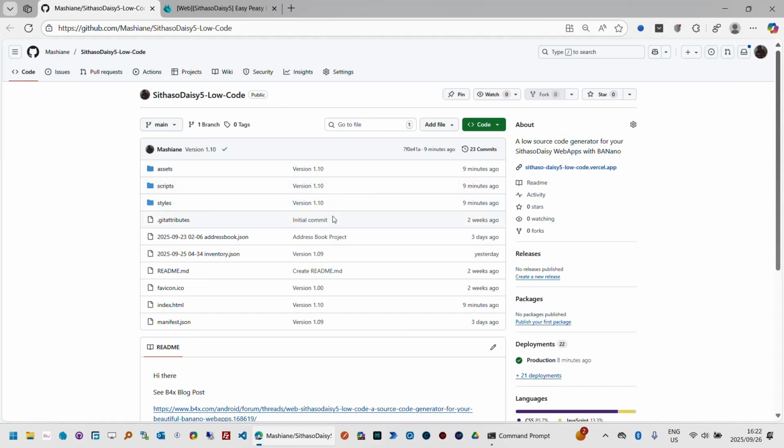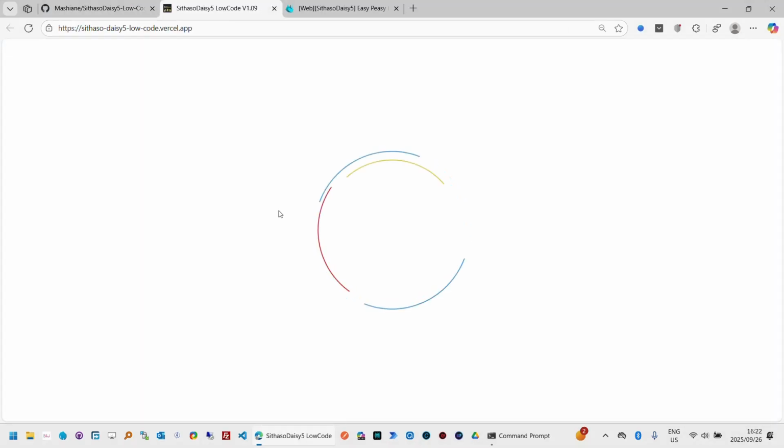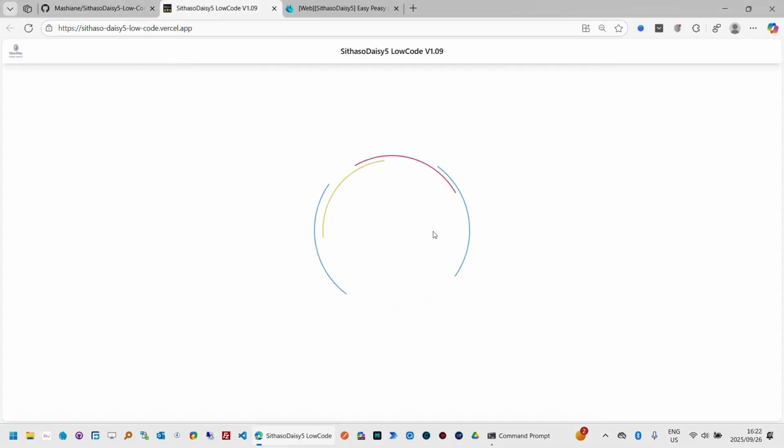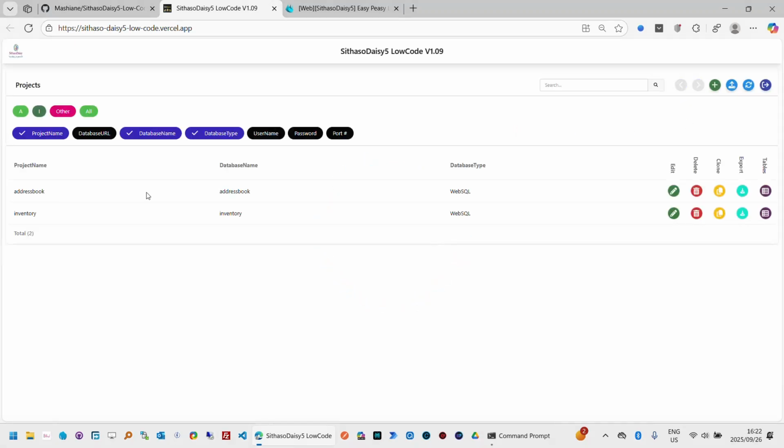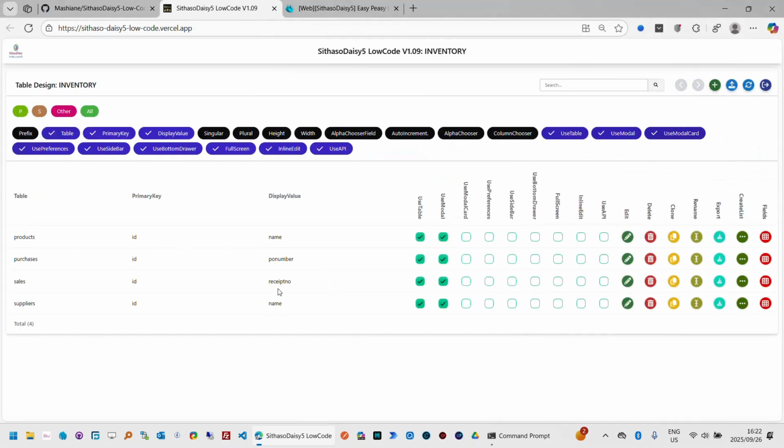I've just updated it to version 1.10 now. If you go to it, as you will recall, we have two projects that are there. One being the address book and the other one being the inventory project. Now let's go and open up the tables in there, because we were following a database first approach when we were creating this. So we have our products,